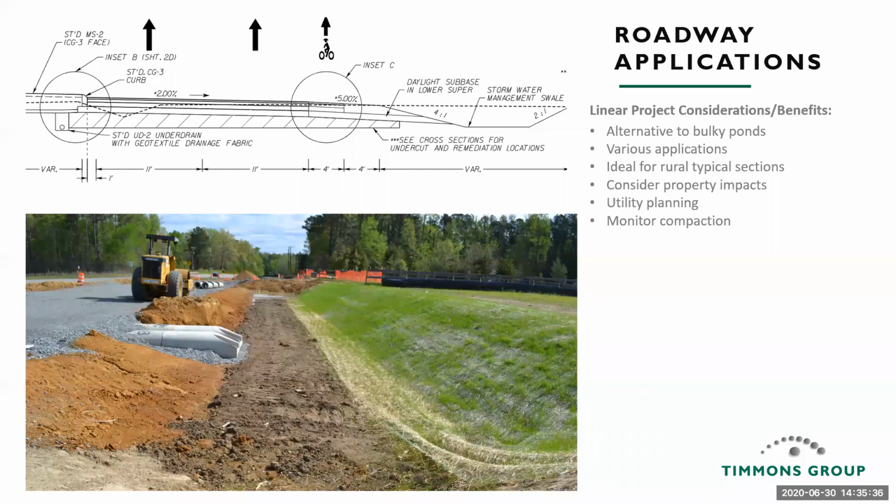It's good for rural typical sections, from the perspective that if you have a shoulder and a forest slope going into the ditch, it already has that natural pre-treatment built into it. Good for depressed medians, wider depressed medians, also good for treatment drains. So if you've got a pond on the project not quite getting what you need, you can look at maybe the last 200 or 300 feet of your ditch leading to that pond, widen it out, and turn that into a dry swale.